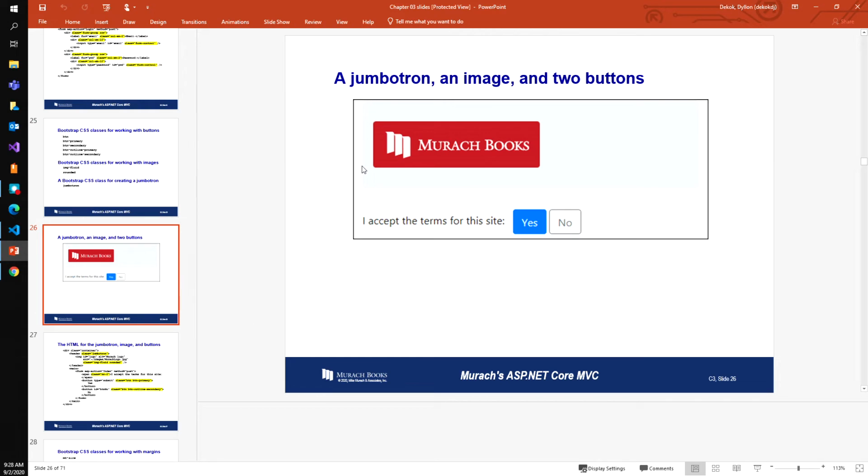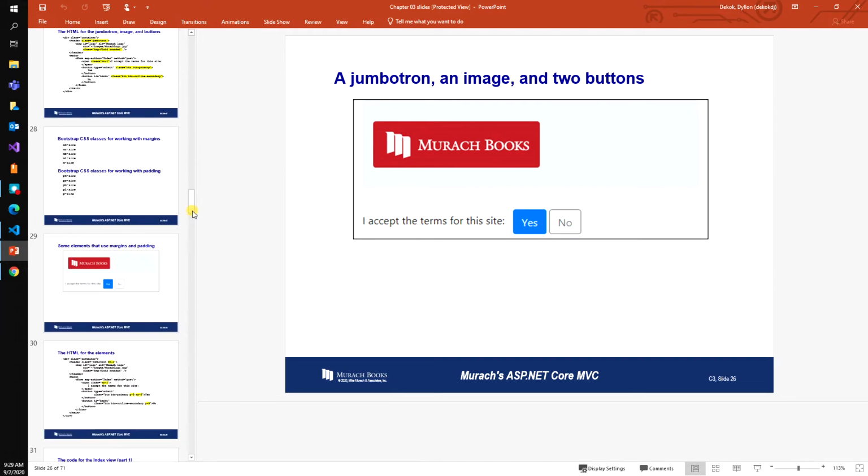This is a jumbotron. So it's just a huge thing to put text or images or anything like that, kind of like a billboard. And then from there we have this rounded image. So we have this image rounded, and then here's the different types of buttons. So here's a primary button, and then here's kind of like a secondary button. So if we go to the next slide to show what that HTML looks like,